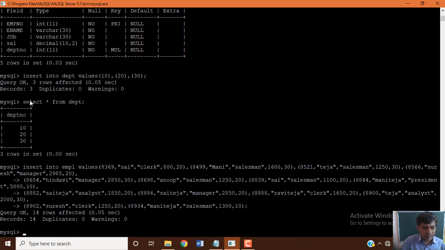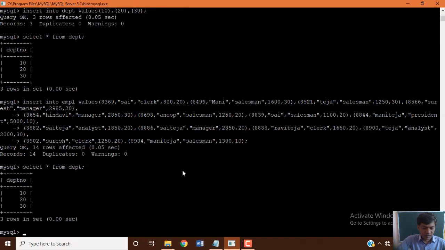Now we insert the data, insert into EMPL values. The last field value is the reference value. We select both the tables now so that you'll be able to understand the relationship from both tables.